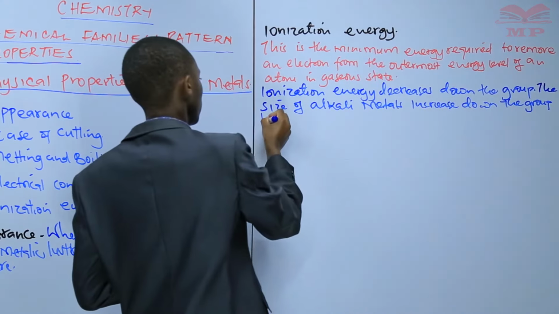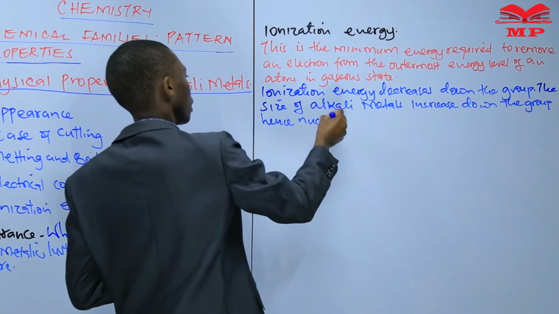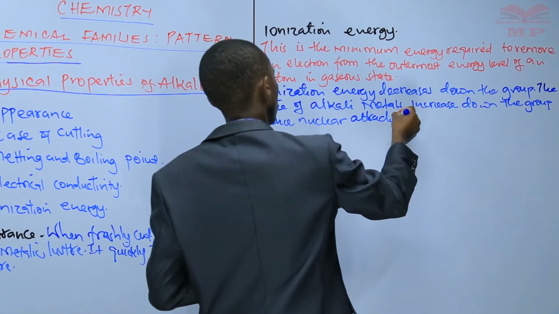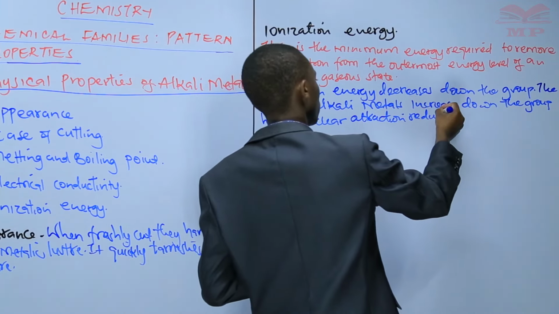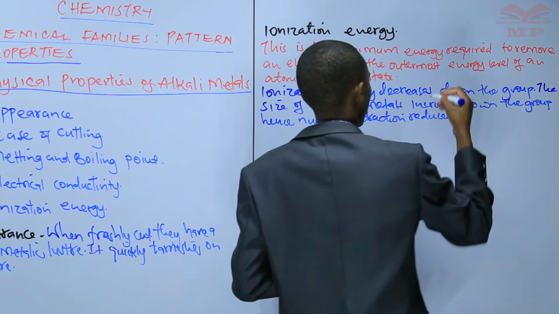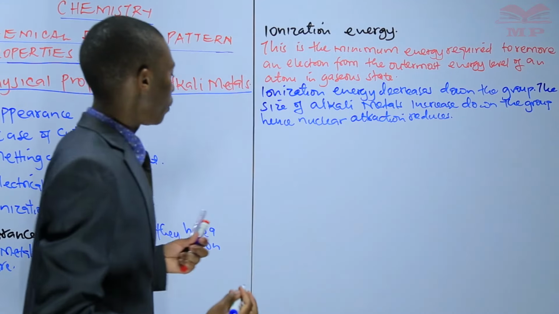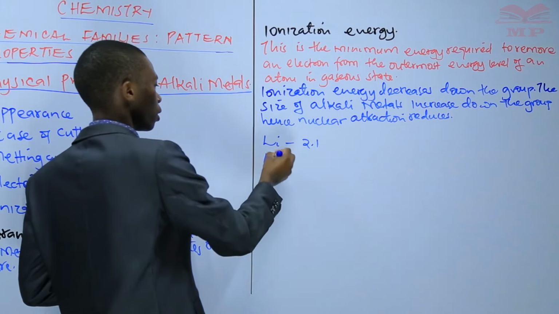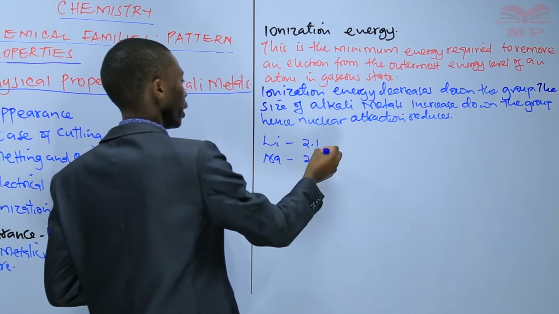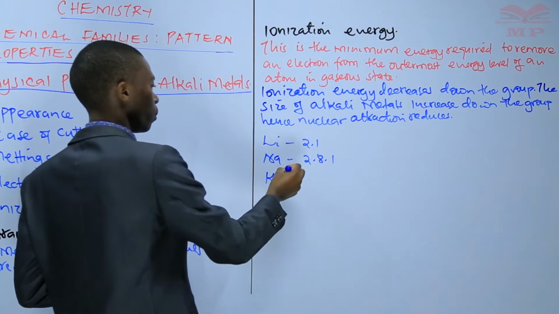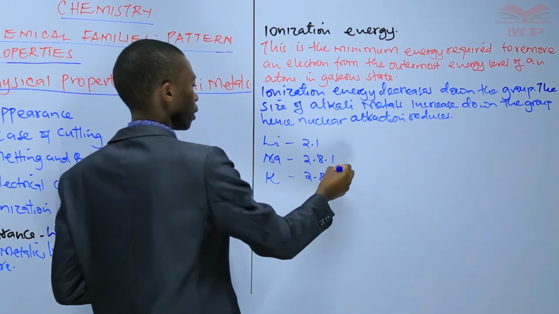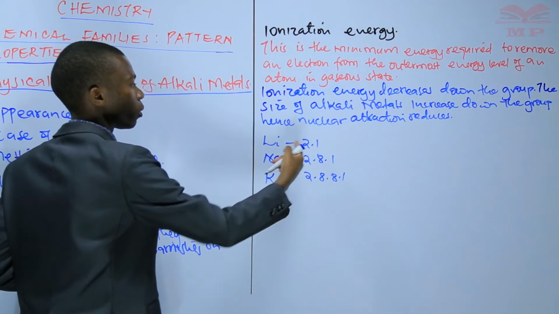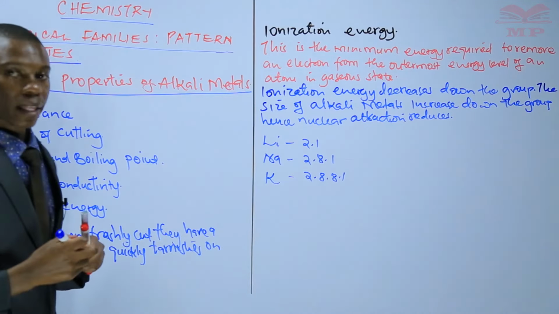Hence, nuclear attraction reduces. So by this I mean that lithium with a configuration of 2,1, sodium with a configuration of 2,8,1, and potassium with a configuration of 2,8,8,1. If you look at the sizes, the size of this one is too small, meaning that the strength, we said here that the